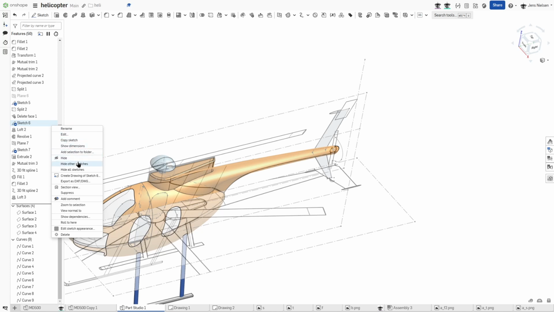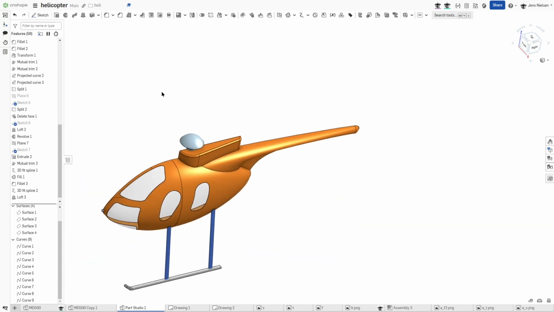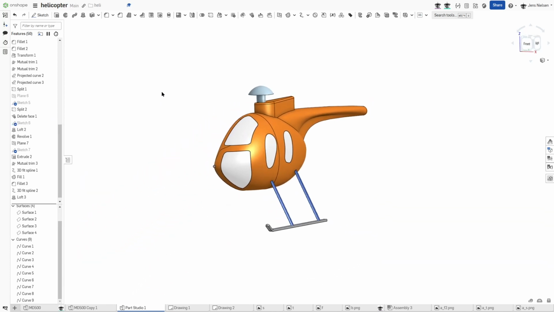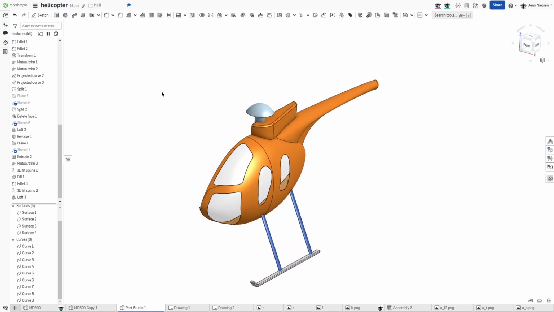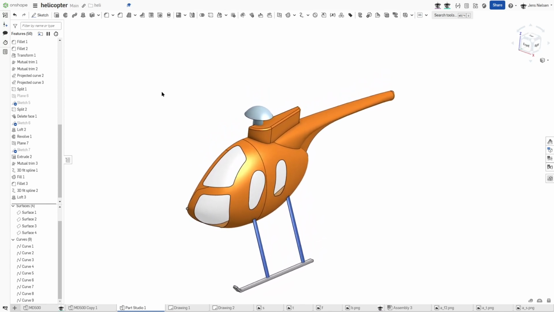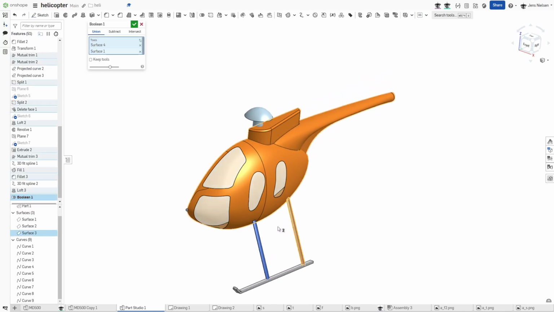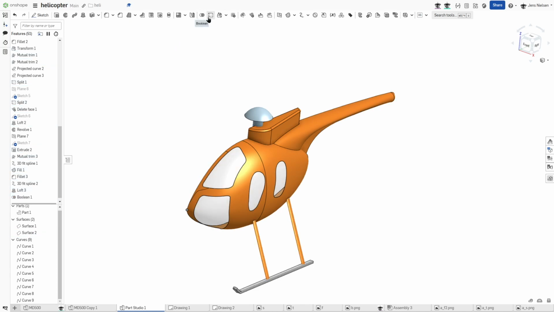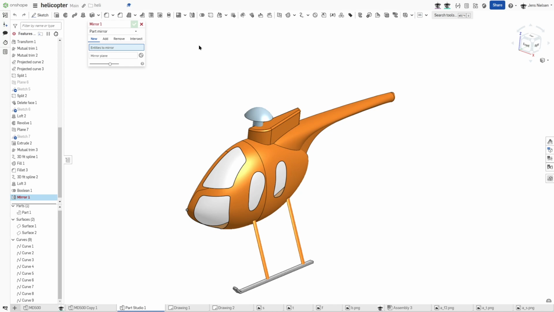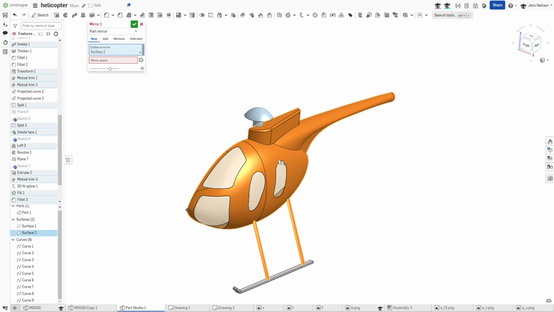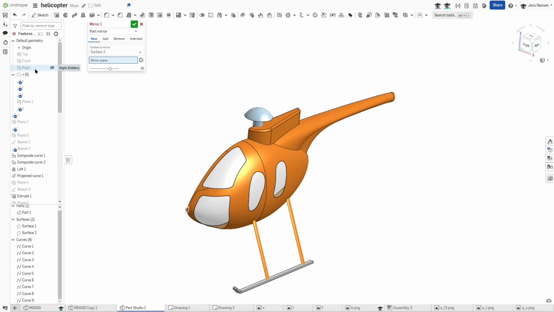I will hide all sketches and go into, well, first I'll make a boolean between those here. Then I will mirror this part over the right plane